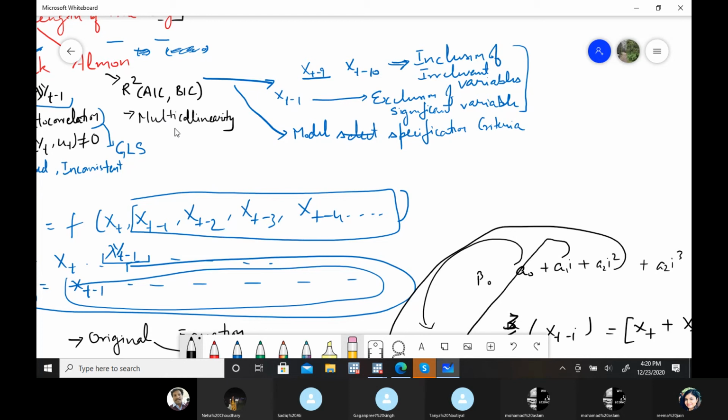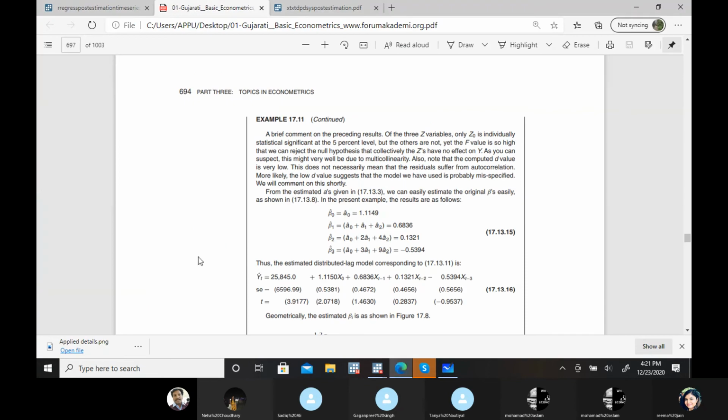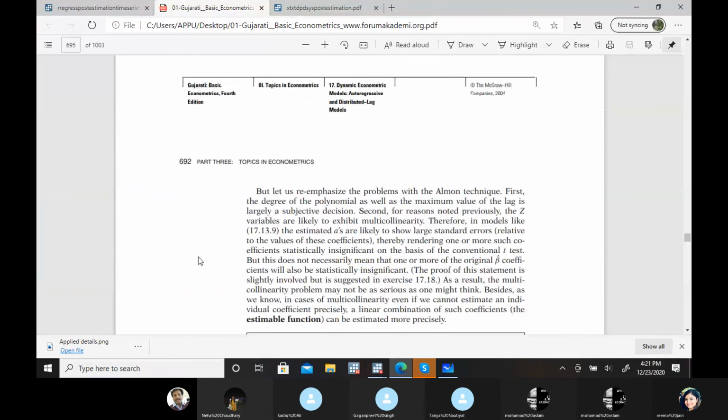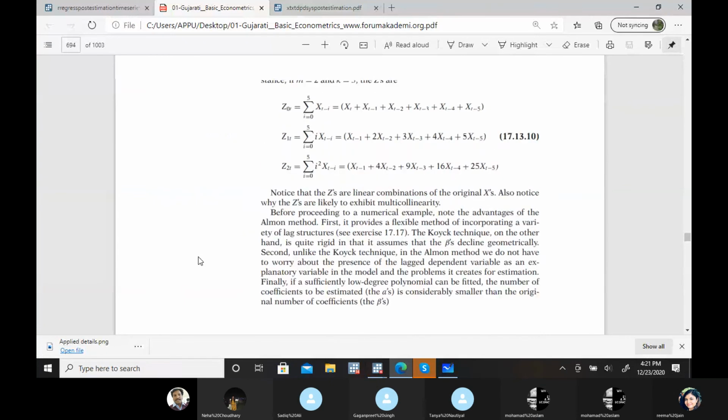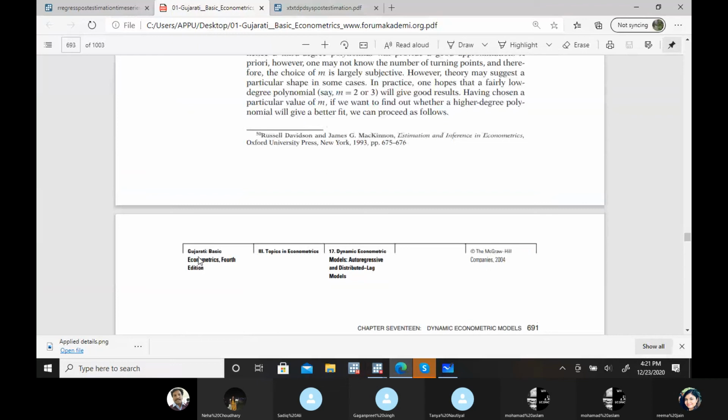The main problem, as I told you, is multicollinearity, because you can see now after running these z variables, more or less all are insignificant because of multicollinearity. So you have to think about whether you can apply this method or not. And second, this criteria, that lag.